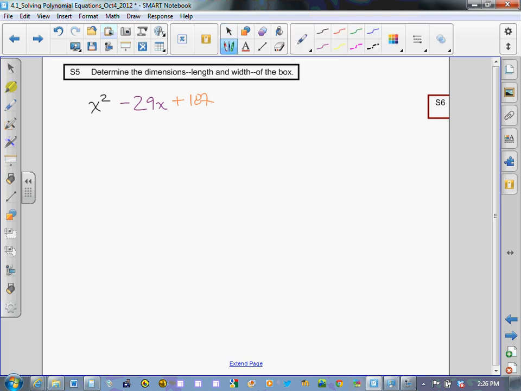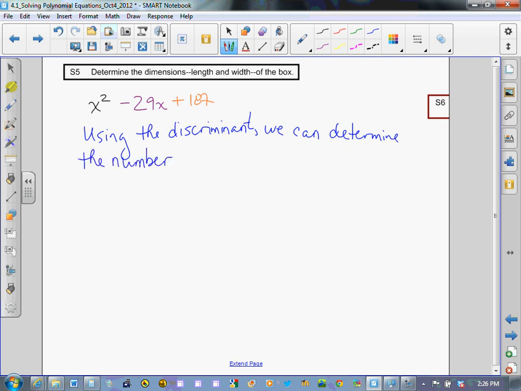So if we were to use the discriminant, we can determine the number and nature